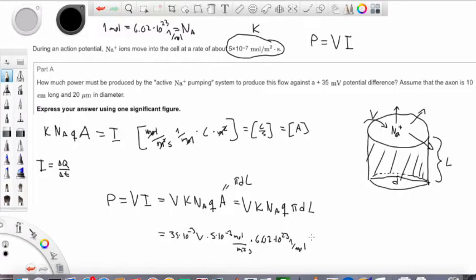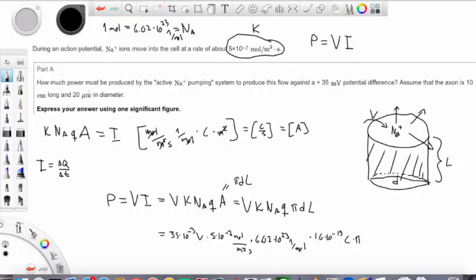Q are coulombs, so these are singly ionized ions, so their charge is same as the electron charge, but positive, so 1.6 times 10 to the minus 19 coulombs. Then we have pi,